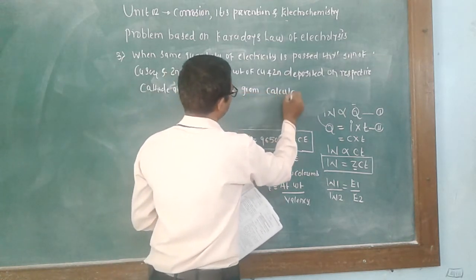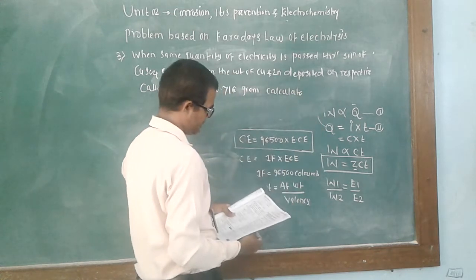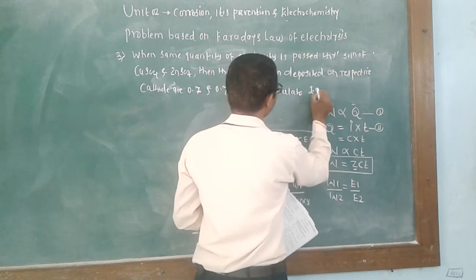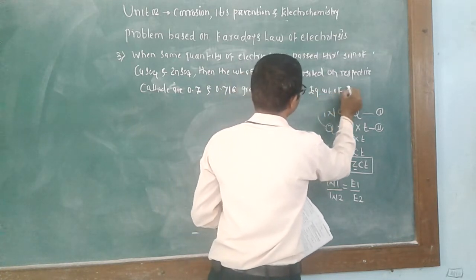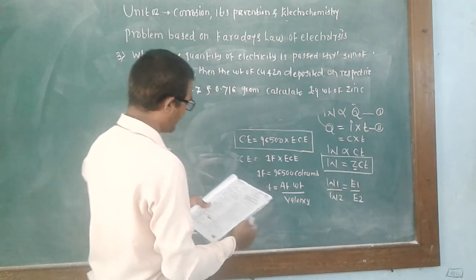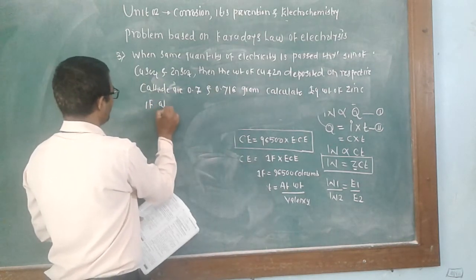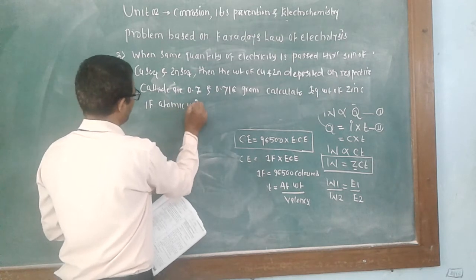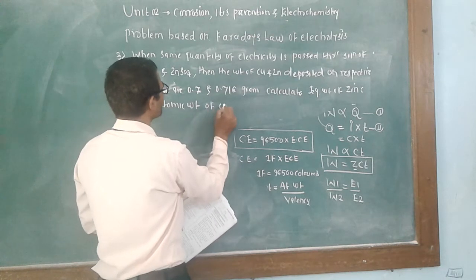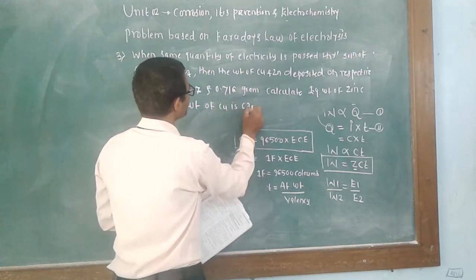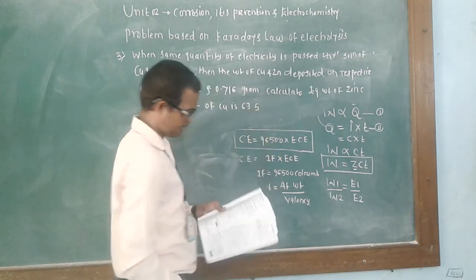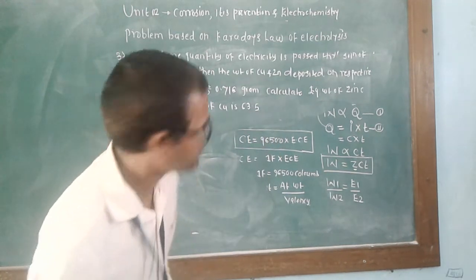Calculate the equivalent weight of zinc if the atomic weight of copper is 63.50. Okay, this is the numerical. So here